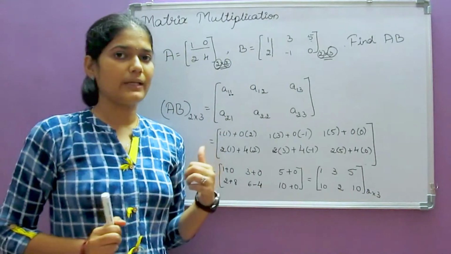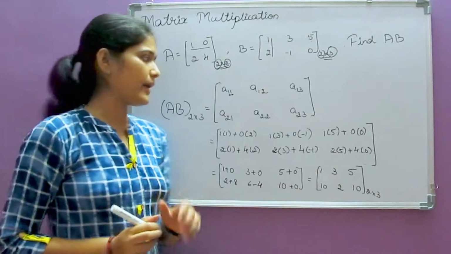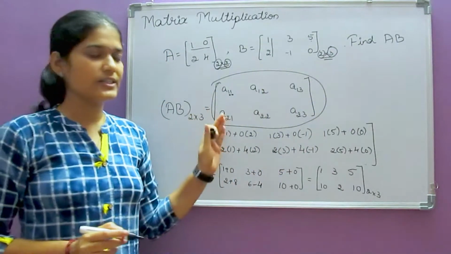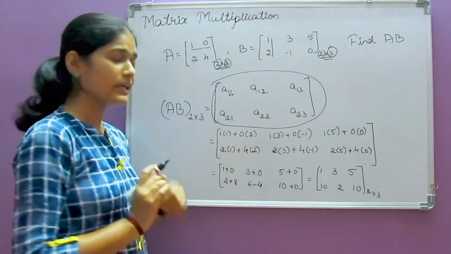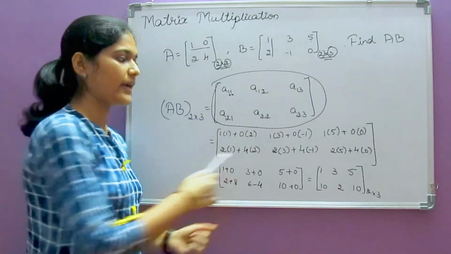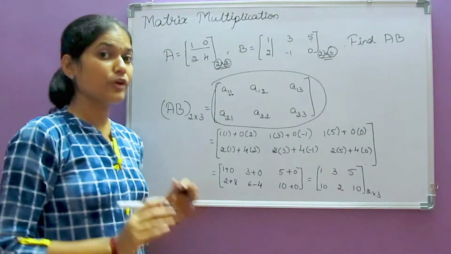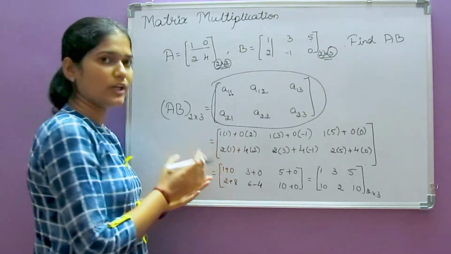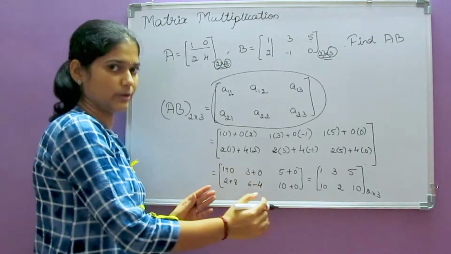This is how we multiply matrices. To multiply matrix, it is not necessary to write all these elements. Just to understand, I wrote all these elements. Directly you can skip all these steps and write the answers also, if you are fluent in that. But for our convenience, we write whatever steps we want and then simplify.